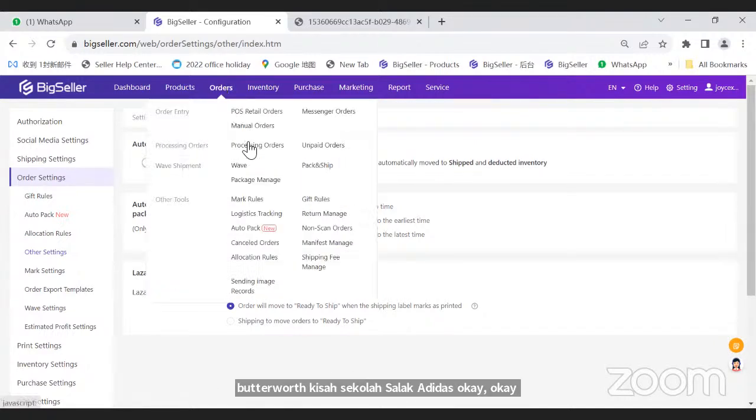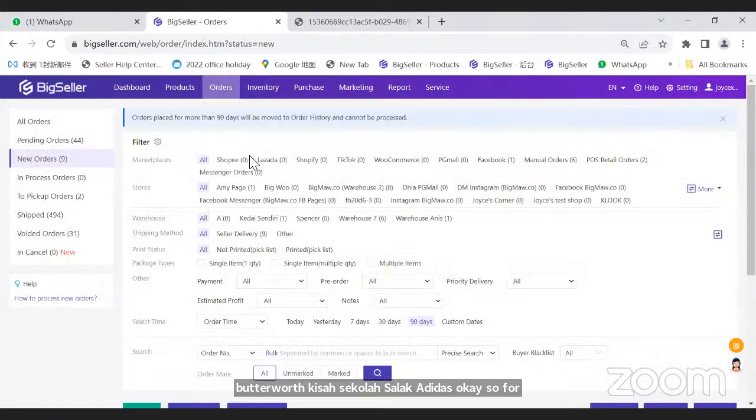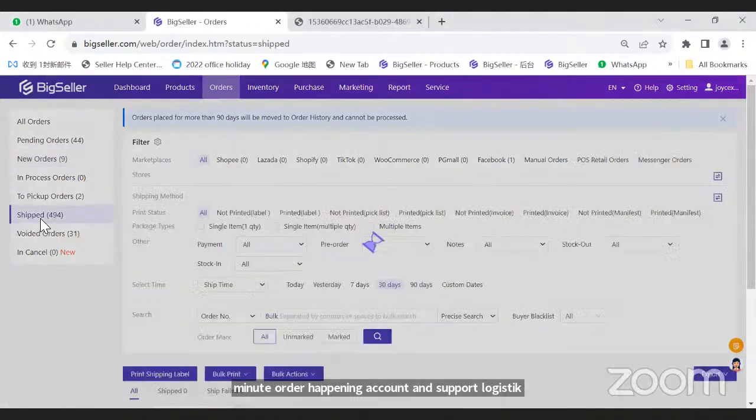Okay, for order processing, if you have any other question, you can leave it in the chat box now, and let me have a brief check. Okay, for the question from one seller about ship failed, meaning the order has been picked up and shipped with logistics but failed, maybe due to the customer refusing the order. Actually, no. Here for the ship failed,